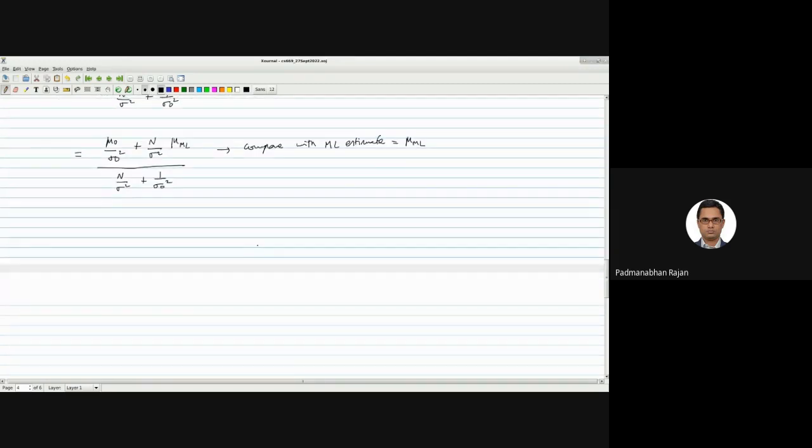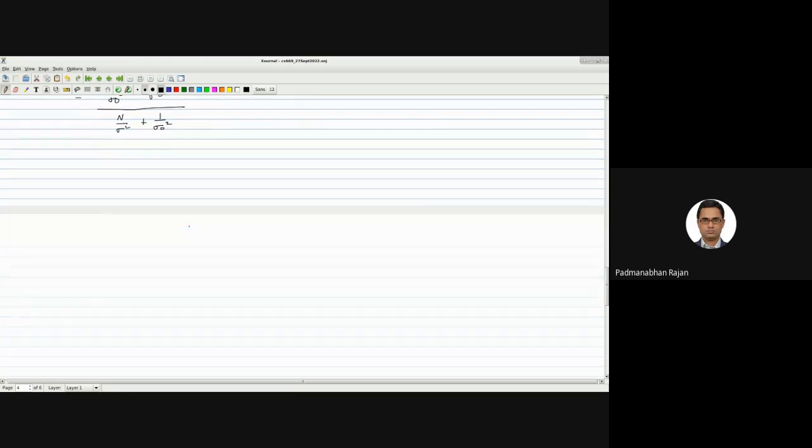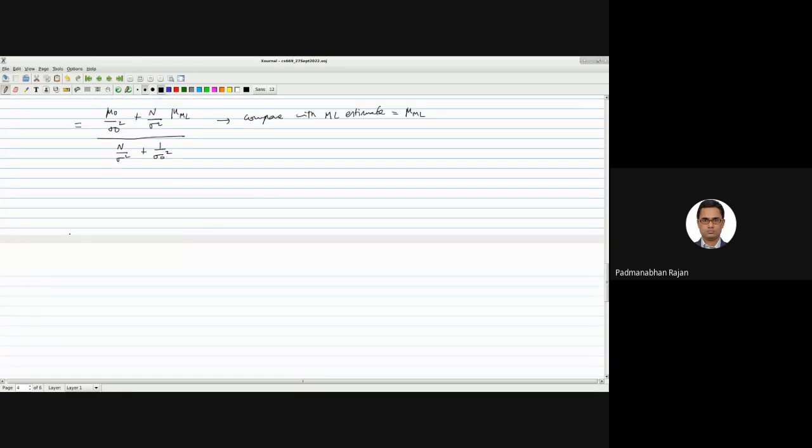You can also look at a couple of special cases. For example, if sigma naught square by sigma square is very much greater than 1, okay, then what happens? MAP will be mu naught